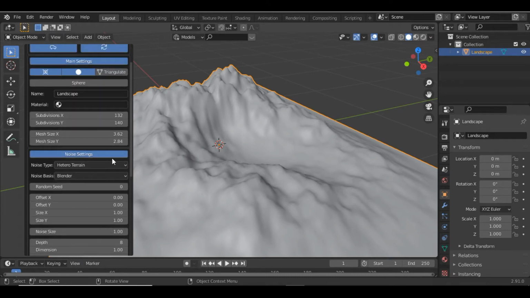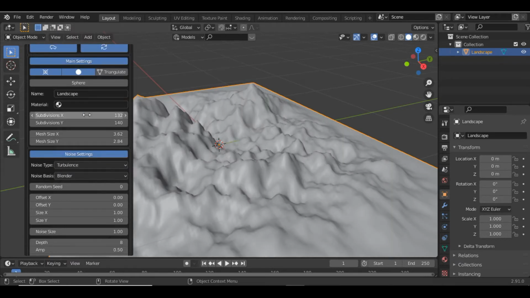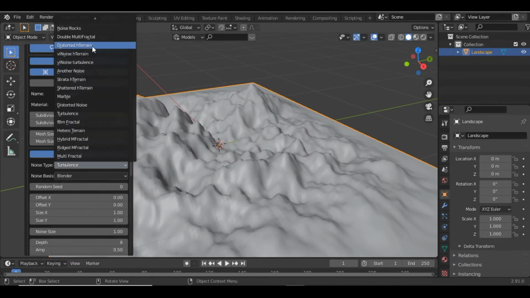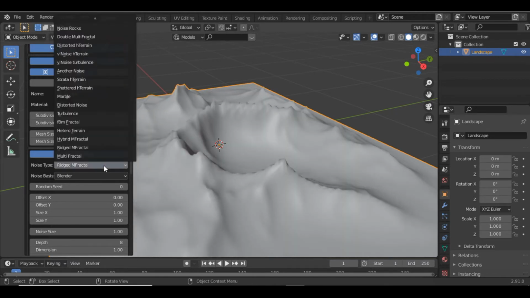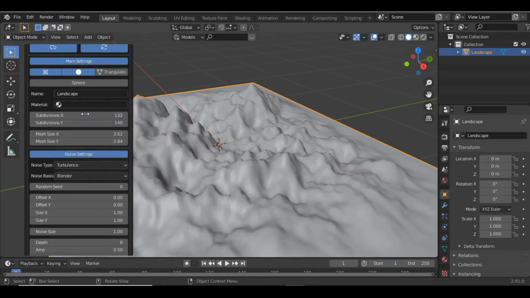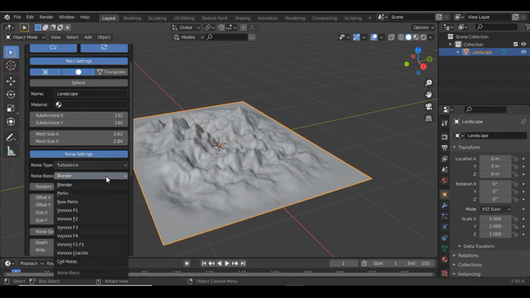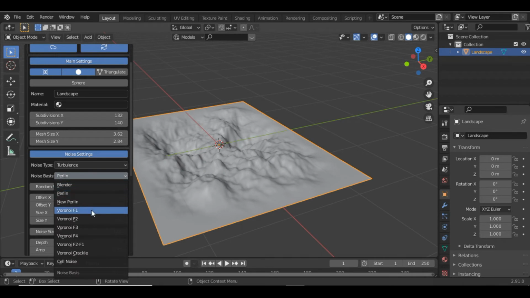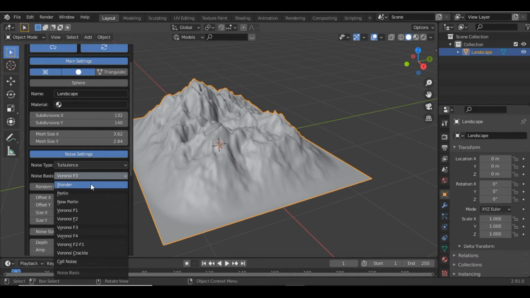Now we come to the noise settings. Now you can choose any type of noise here. So you can see there are many noise types. You can choose any one. So this is the turbulence, distorted edge terrain. Like there are many noise types. So I'll choose turbulence, and then you can see noise basis over here. You can set it to anything, Voronoi F1, F3, like anything. So I'll just keep it to Blender,